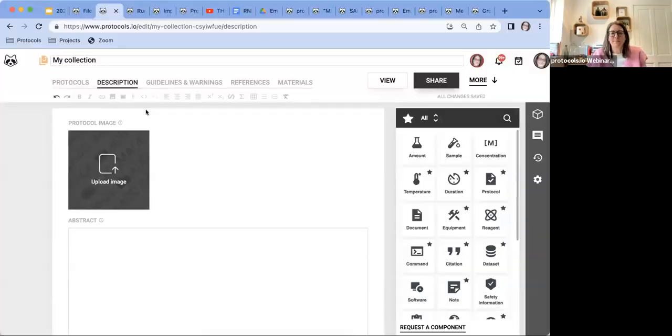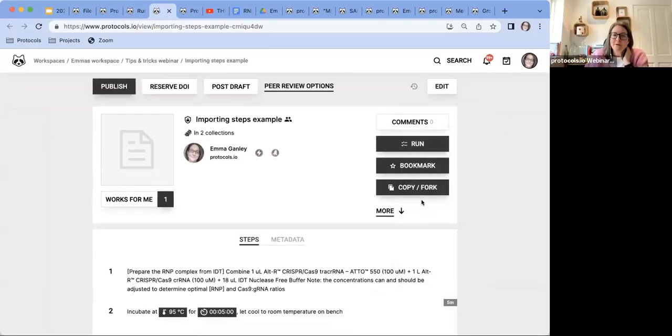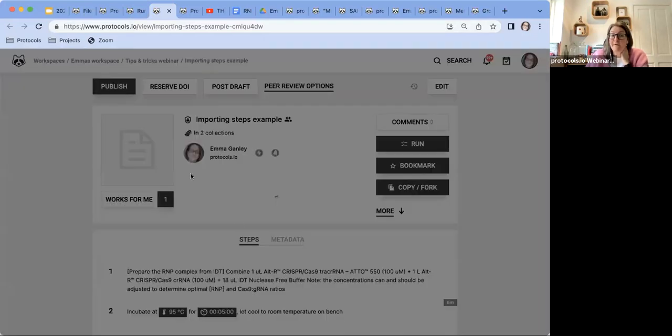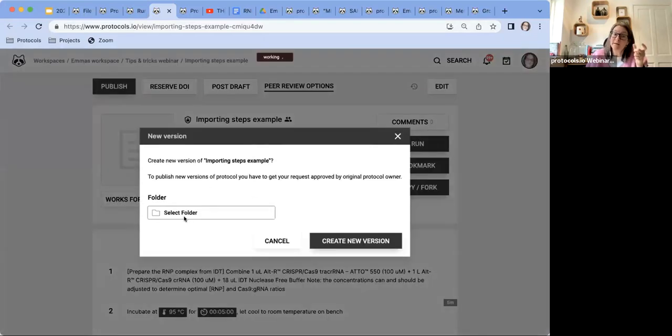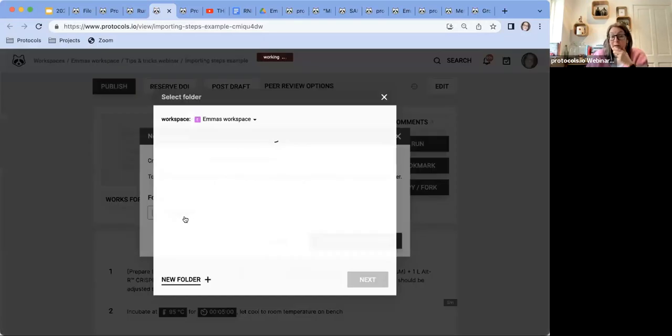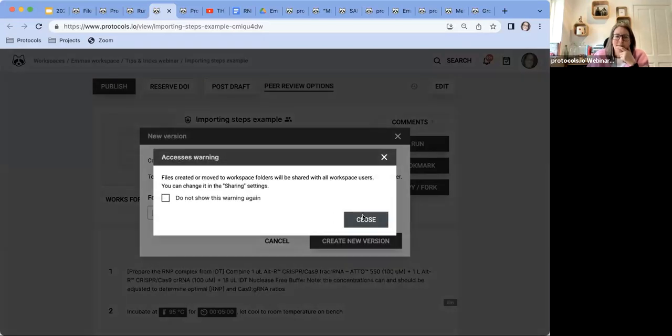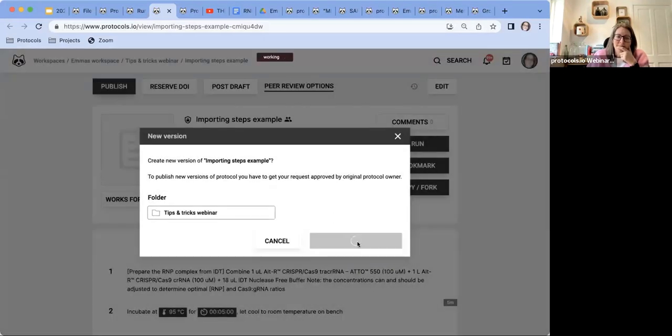So you have two options. Let me share my screen again quickly. Let's go to a protocol. You can either make a new version this way, very easily, but this will be linked to the previous one. So that might be the way that you want to do it. We're still in tips and tricks. We'll say next, create new version,